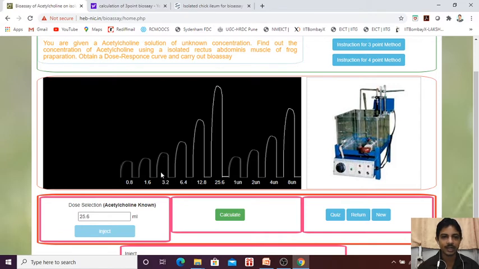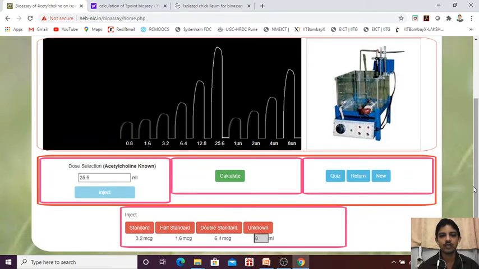For example, here the height is 3 centimeter, here the height is 4 centimeter. So you need to take a test response whose height is in between 3 and 4, in between the 2 standard responses. So we are going to take 3 responses.